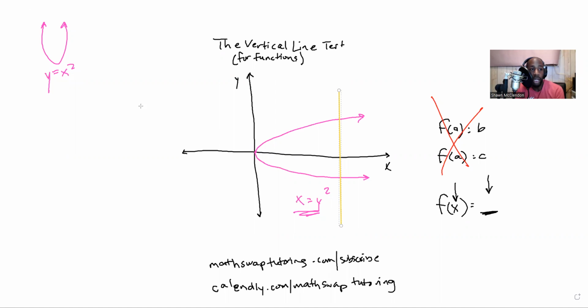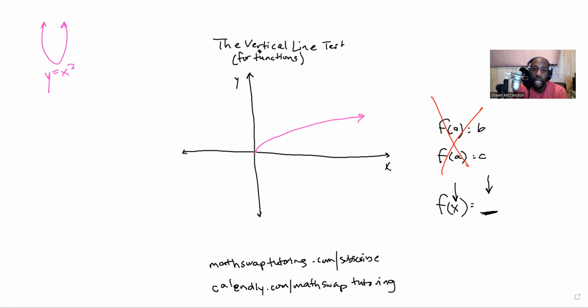But this is an interesting situation, because even though this does not pass the vertical line test,